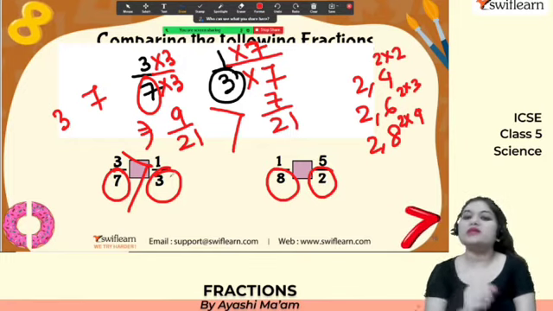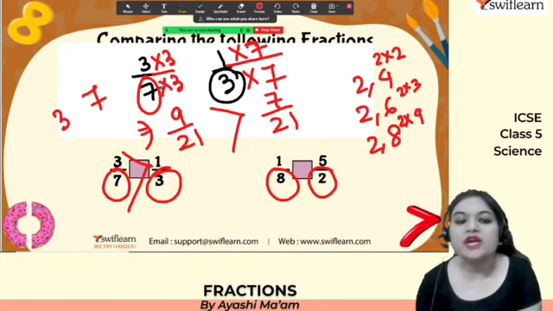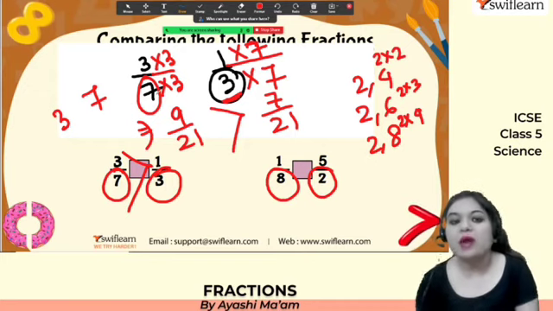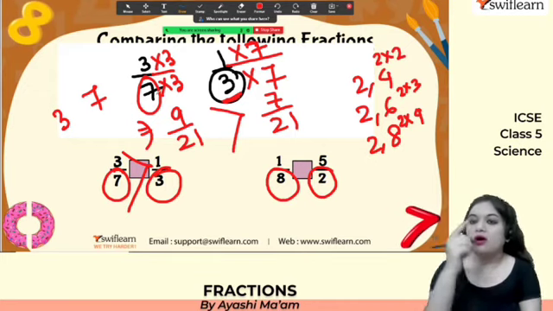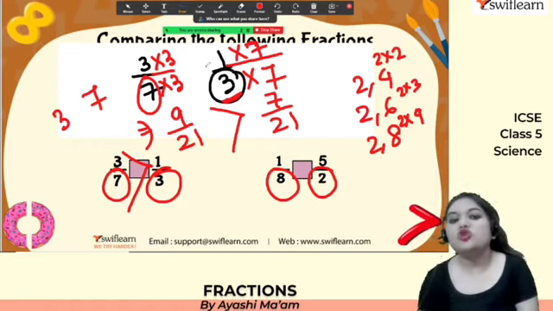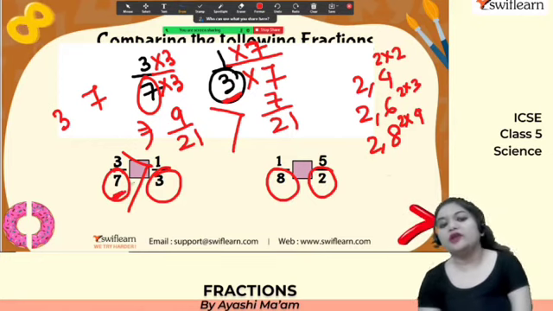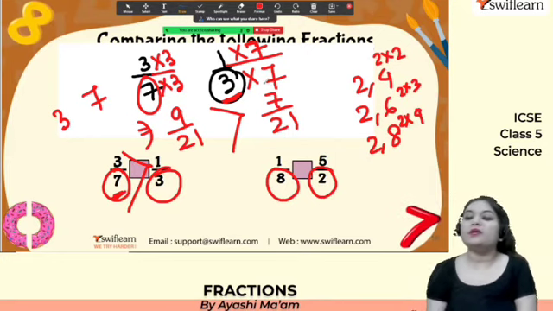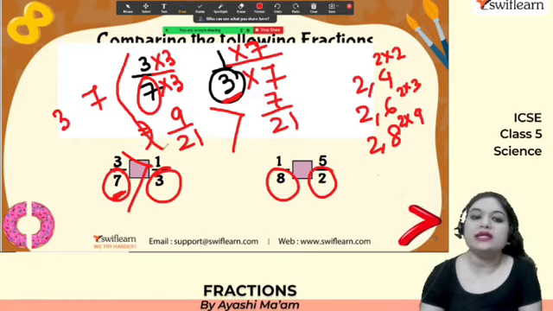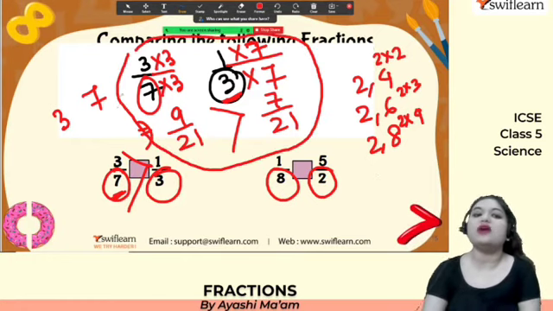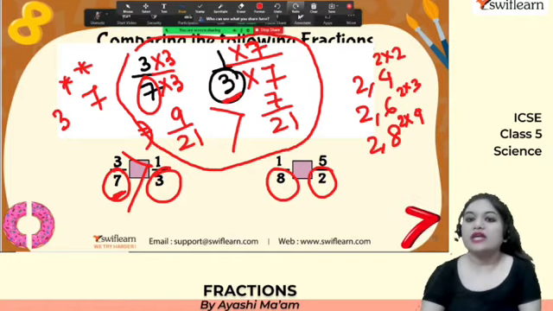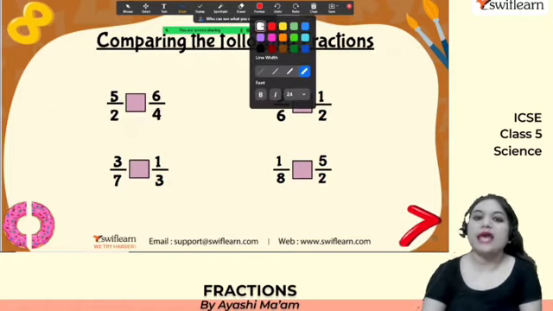opposite denominators and multiply. So in case of 3 by 7, we took the other denominator, which was the 3, and multiplied here the top also and bottom also. And in the second case also, we took the other denominator, that is 7, and we multiplied the top and bottom with the other denominator. Okay, that's how you can easily turn it into like fractions. So this is a very important case. Make sure to practice more problems like these.